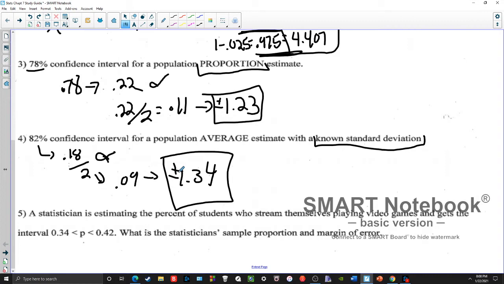So, all right, that's finding critical values. Again, you're simply looking them up in the table. They're probably going to take the largest chunk of your time when you're doing those word problems. But once you get them looked up, it's no big deal. Number 5 is kind of a working backwards problem. So number 5 says that you have